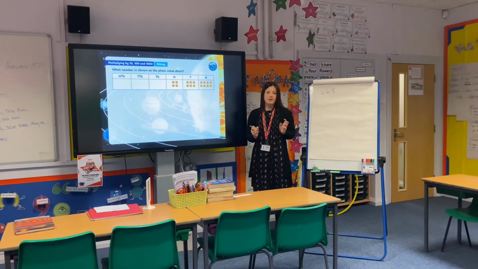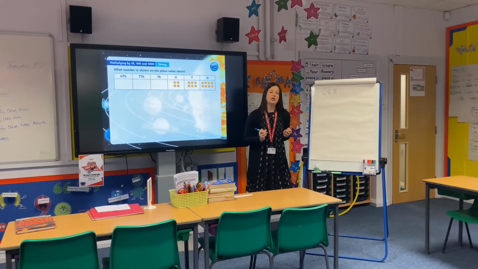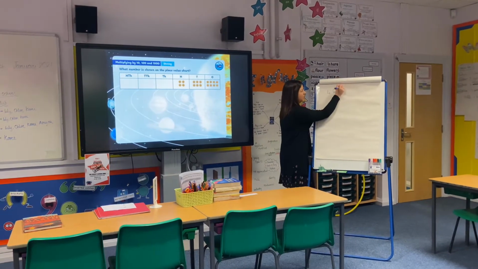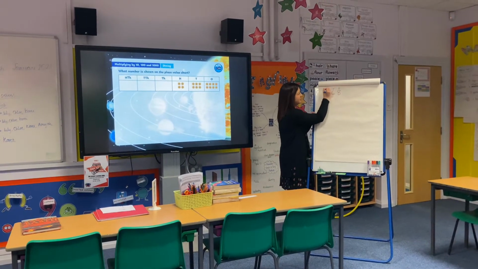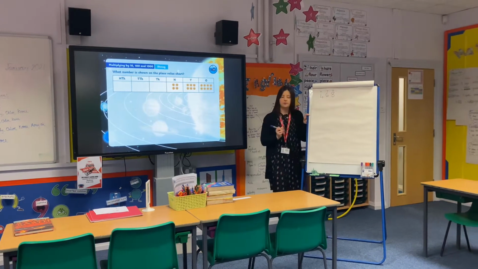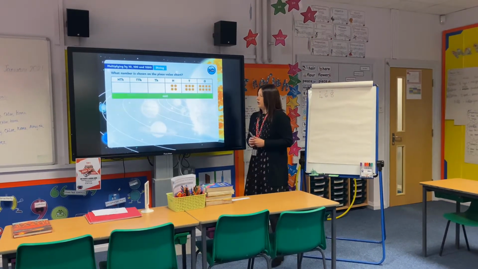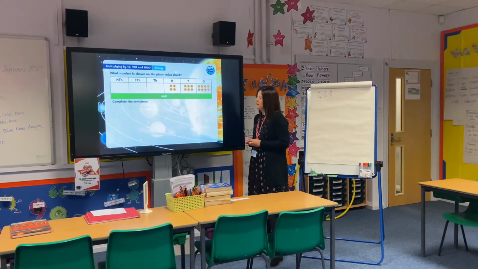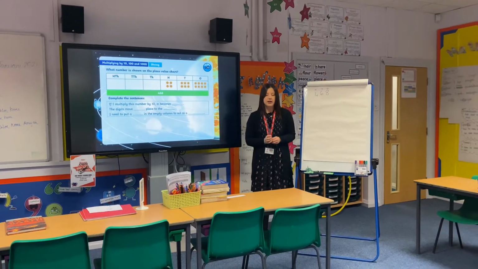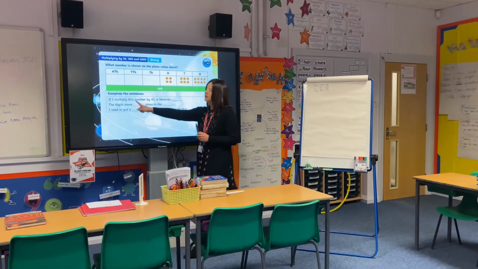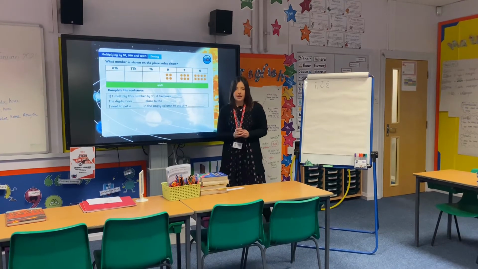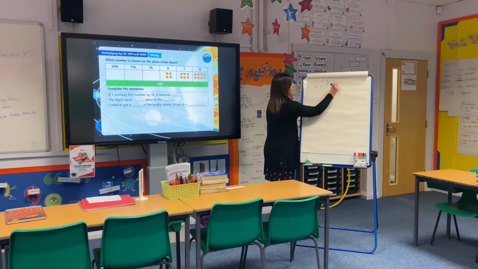Okay, did you get the same as me? So you should have got 468. I've got 8 ones, 6 tens and 4 hundreds. We're going to now times that number by 10. Now remember, when we multiply, our number gets bigger. Because we're multiplying by 10,